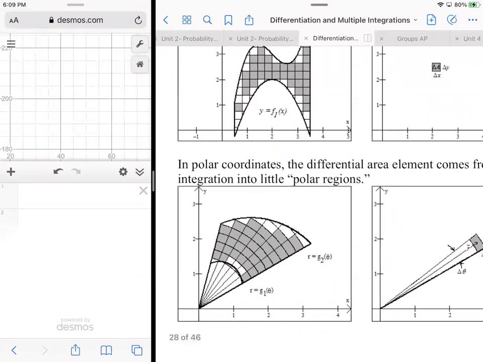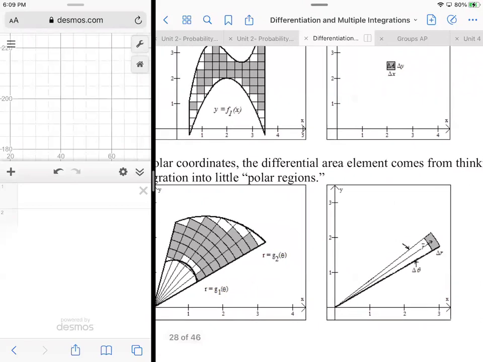Right? So if we know that S equals R theta, then that little tiny distance along that segment would be the product of delta R and delta theta. So that's really what we're after here. And once we figure that out, then we're in pretty good shape. So if we want that on an instantaneous level,